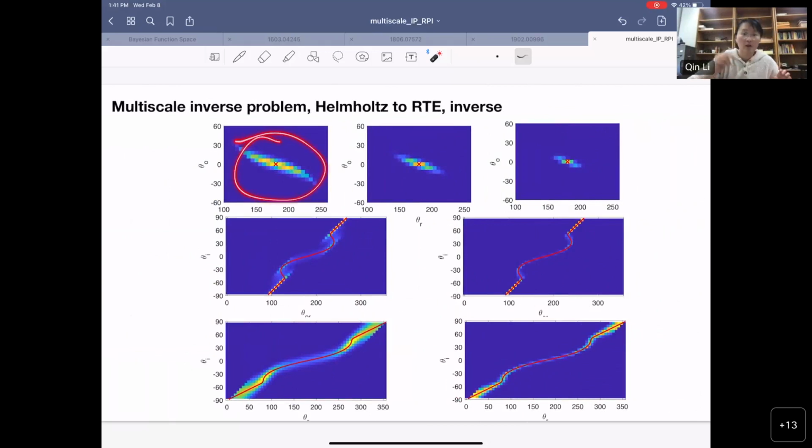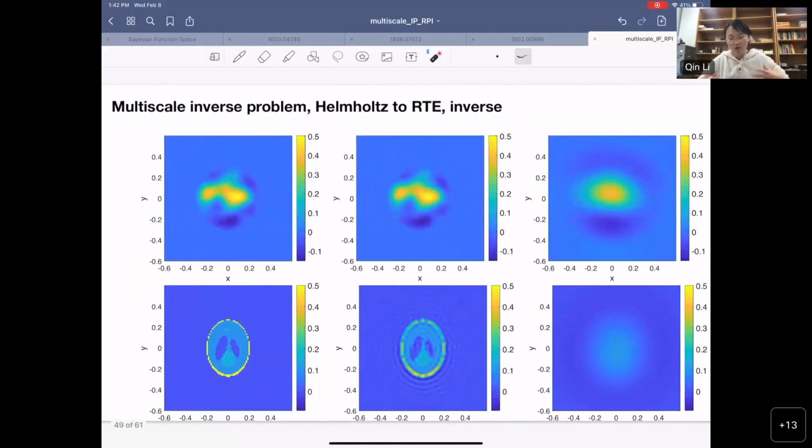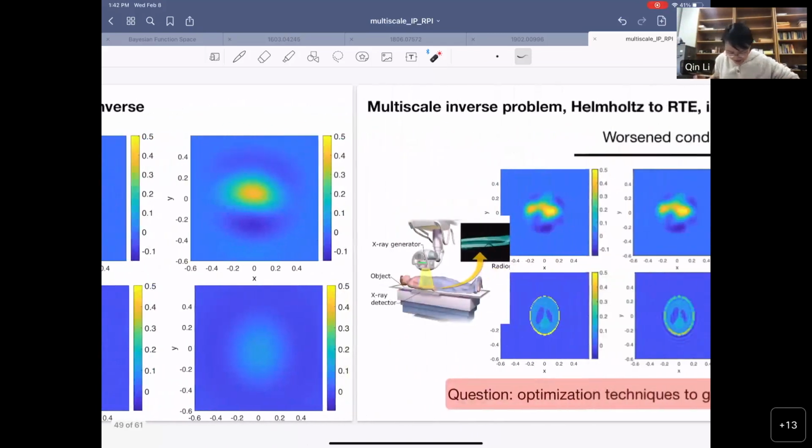And this is the same story on this page. The first picture is the low frequency wave. You send the wave in, and on the other side of the lake there are a whole bunch of detectors that receive the information. But if you increase your wave frequency and you send the wave in, on the other side of the lake over here, there's only one detector that receives the information. So the information is precise. We use this new revised modulus to conduct the inverse scattering problem, and the reconstruction is much more beautiful. The first column is the ground truth, the second column is the revised modulus, and the third column is the original inverse scattering, which is ill-posed.